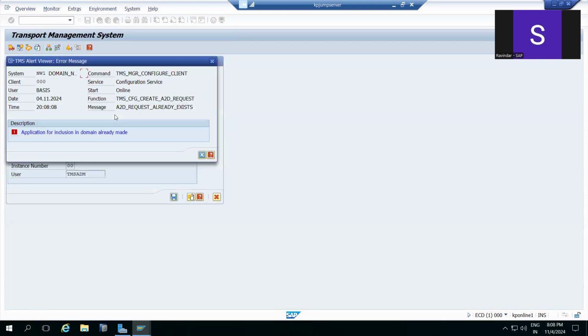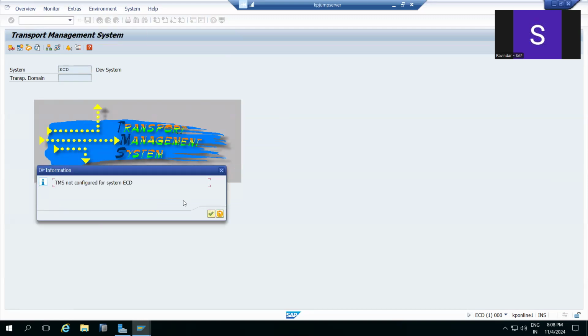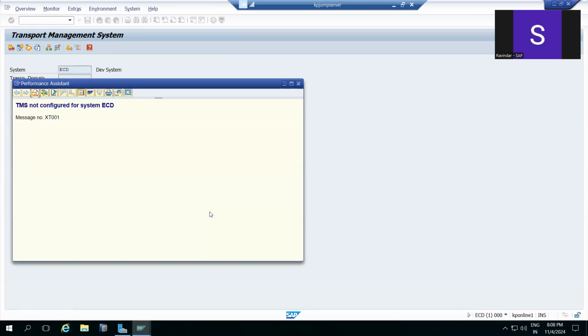The password rule, we have to maintain the password rule. We have to maintain the special characters in the password rule. That's what happened.